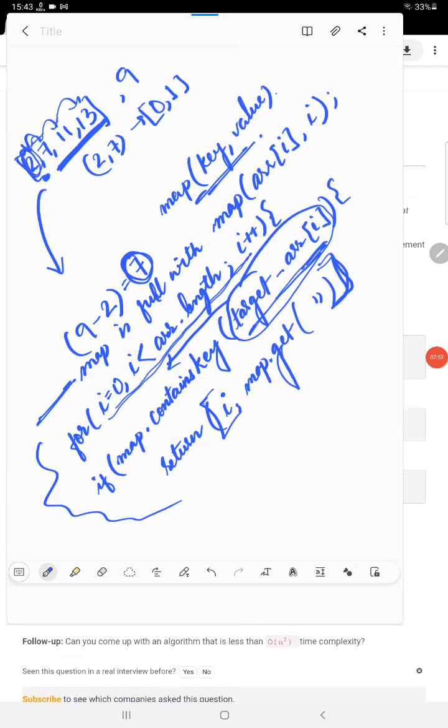Since if I go from 2 to 7 and 9 minus 7 is 2, it won't find 2 anywhere after it. So I need to store the map at the end of the for loop, so I can search the first from this. Okay,